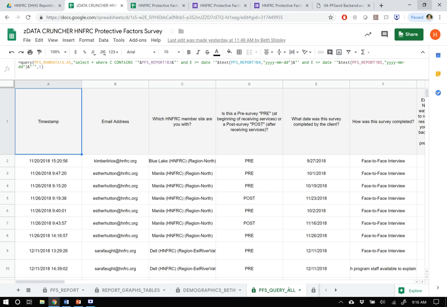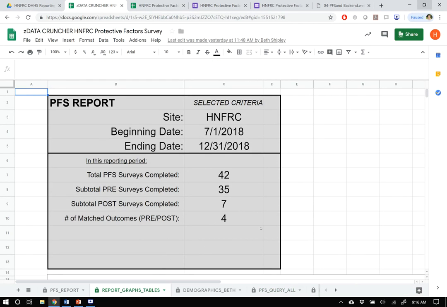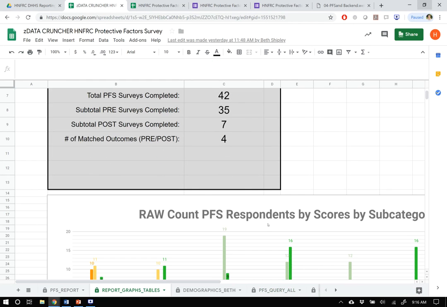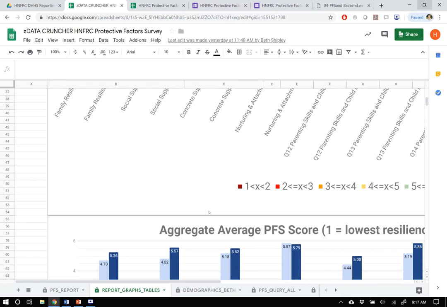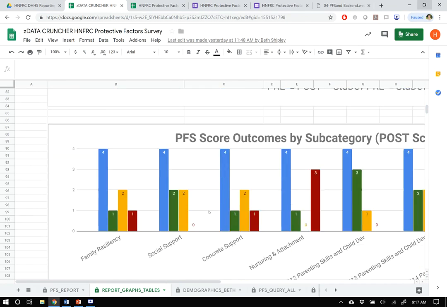Ultimately, after you've been able to crunch it, make the calculations you want, format it into table data, we can start to draw reports and graphs. And so this is what we've put together. Again, quite simple. We're able to gather our raw counts for our PFS responses across the different subscale scores at entry and at post. We haven't actually used this specific graph in our report. We didn't like it. It was a little noisy. But some of the ones that we have liked, and I'll get down to those,